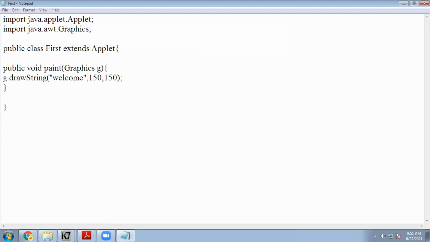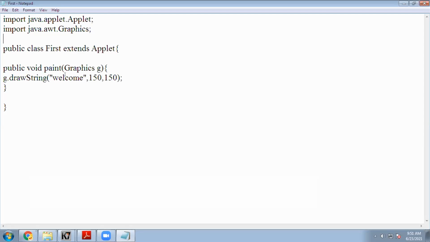Now see, in this one, the Applet class is there, and the Graphics class from the AWT, Abstract Window Toolkit, package. Here I created one class called first, extended from the Applet class, so that it will be considered an applet. Inside this, the paint method is there. Paint is a method of the Applet class, and it has been overridden here.